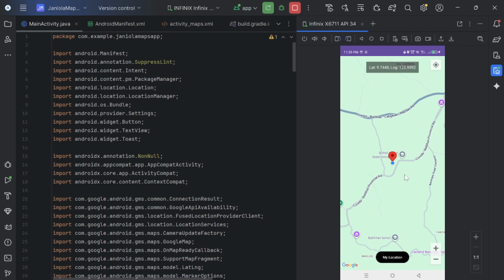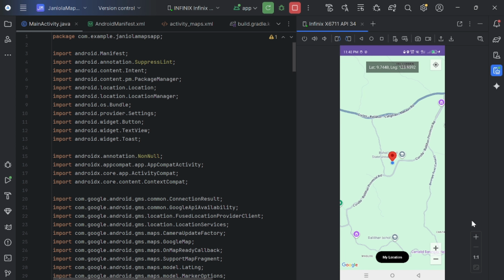Oh, by the way, these are the types of map I have here: the terrain and the satellite. The one that you see here in the upper part is the latitude and longitude coordinates.